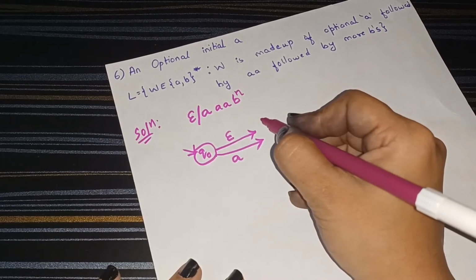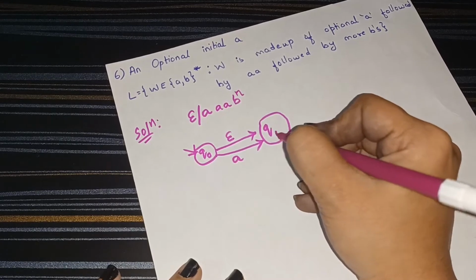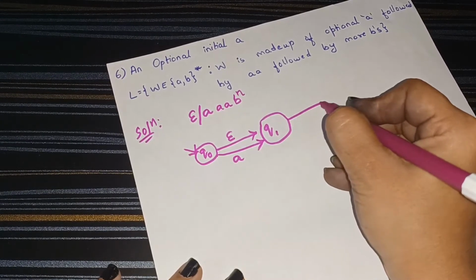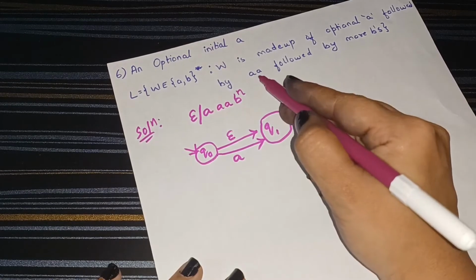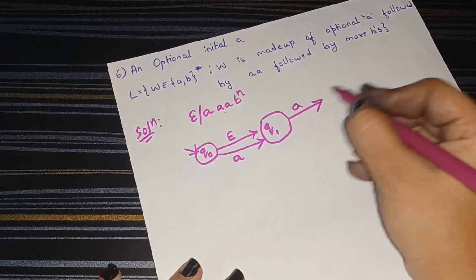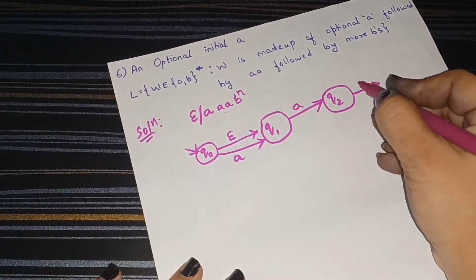Here we send it to q1. Next we have followed by a, that is this a we need to follow. So a, q2, a,